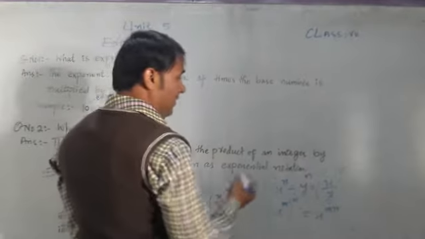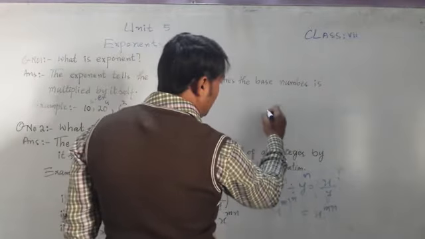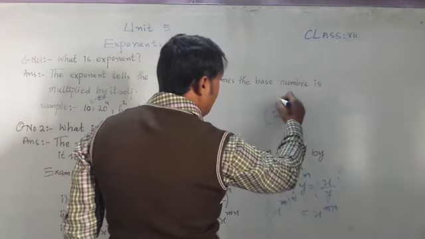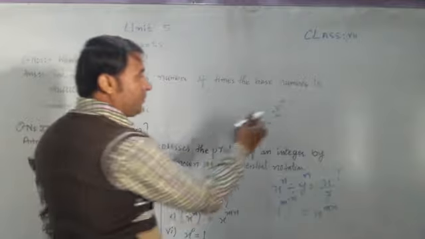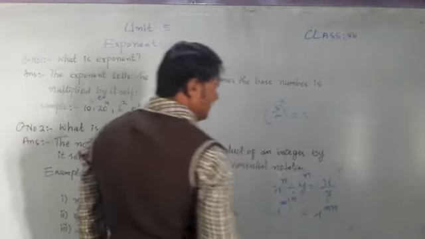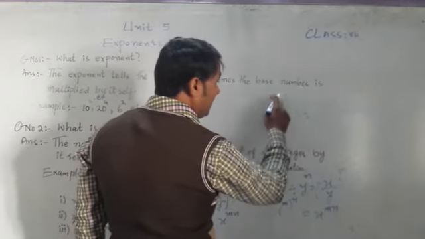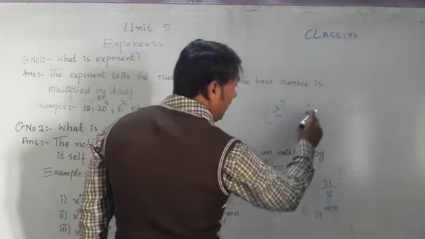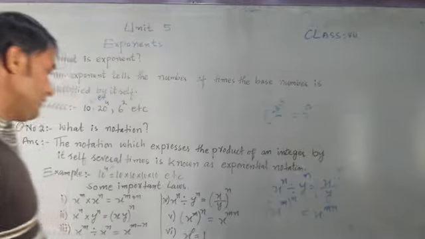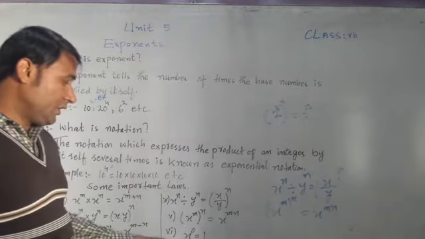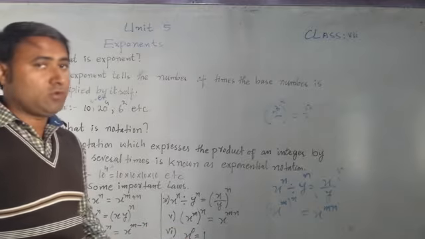Simply in numbers, how do we write it? Let's suppose here is 2 power 3, and above 3 power is 4. How do we know? Now the base is 2, we write it the same, but 3 multiplied by 4. Now 3 multiplied by 4, the answer is 12, meaning 2 power 12. In this way we solve. The last law of this unit is x power 0 is equal to 1.